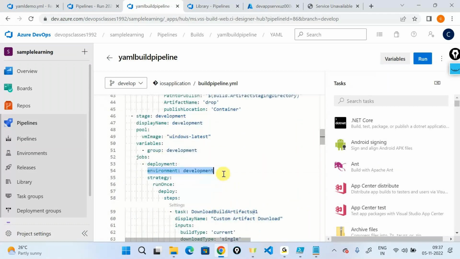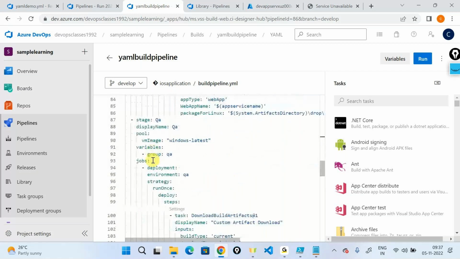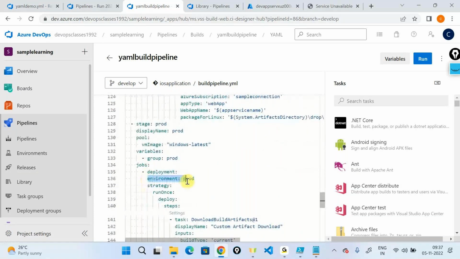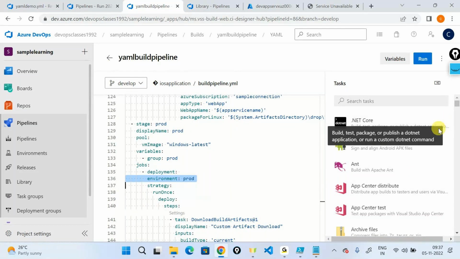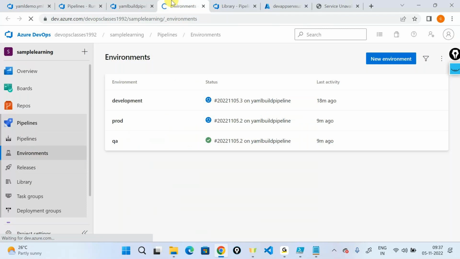What this is really going to do is, I went ahead and said the environment is called QA, the environment is called production. So I changed my environments out here. The environment is in place so that you can give whatever conditions and whatever approvals you need. And your pipeline would have by now created something called an environment out here. On the left hand side, there is something called pipelines, and below the pipelines there's something called environments. I'll click on this, and now I have multiple environments that have got created, called development, production,